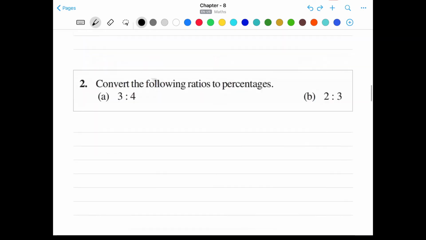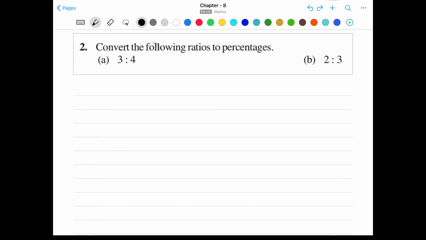Okay, now let's come to question number 2. Now this question is: convert the following ratios to percentage. Okay, this is again a very simple question. We are given two ratios. The first one is 3 is to 4 and the second is 2 is to 3. We have to convert these ratios into percentage. Okay, so let's write the answer number 2,